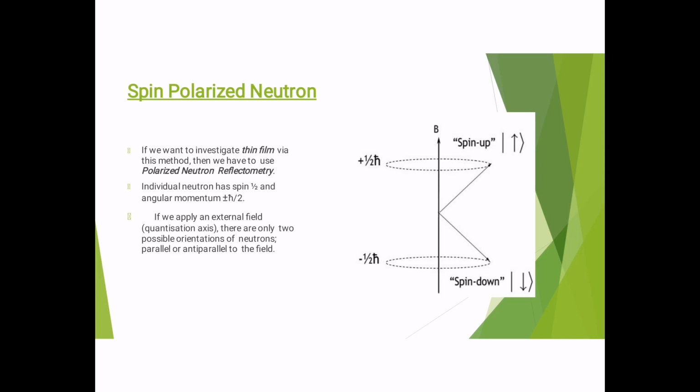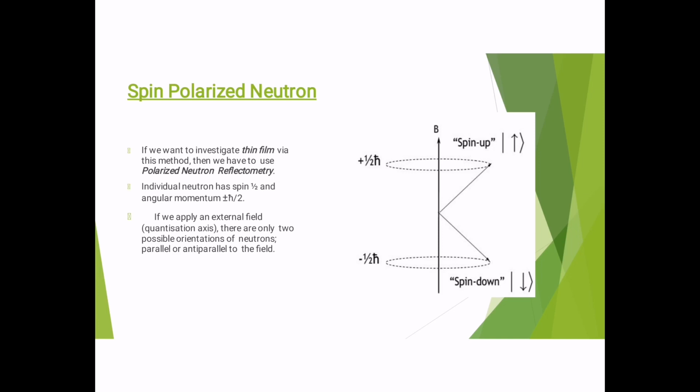If we want to investigate thin film via this method, then we have to use polarized neutron reflectometry. An individual neutron has spin half and angular momentum plus or minus h/2. If we apply an external field, there are only two possible orientations of the neutron, that is parallel or anti-parallel to the field. It can be seen in the diagram that the upper spin has the upward direction while the lower spin